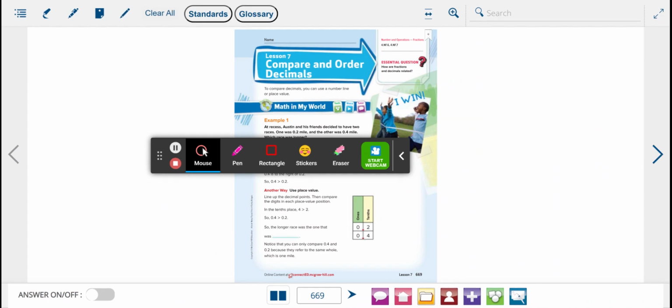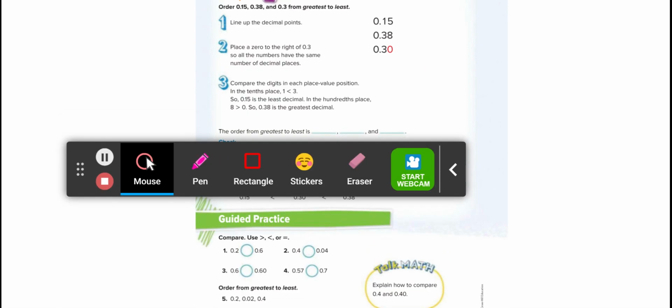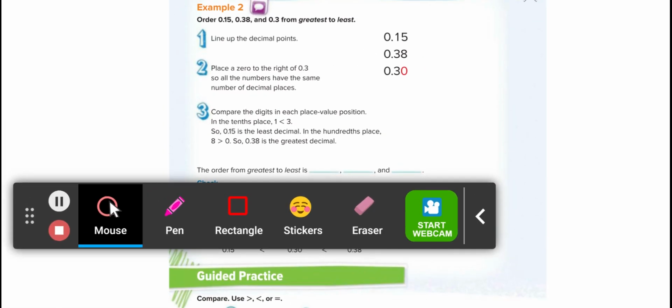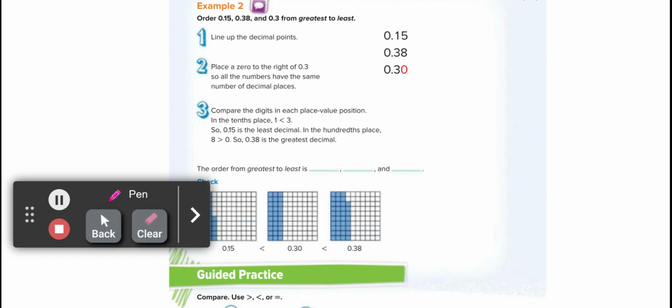I'm getting a little used to these tools, but I gotta wait. Okay, here we go. Now, of course, with comparing, which one's bigger, which one's smaller, comes putting them in order. So on this one, I want you to read this in your head and see if you say these decimals correctly. So order